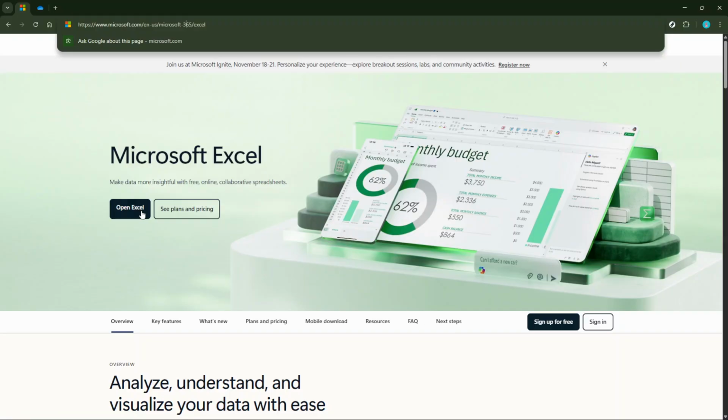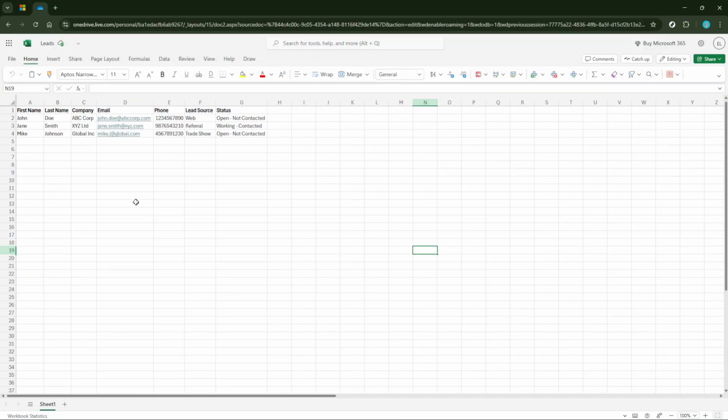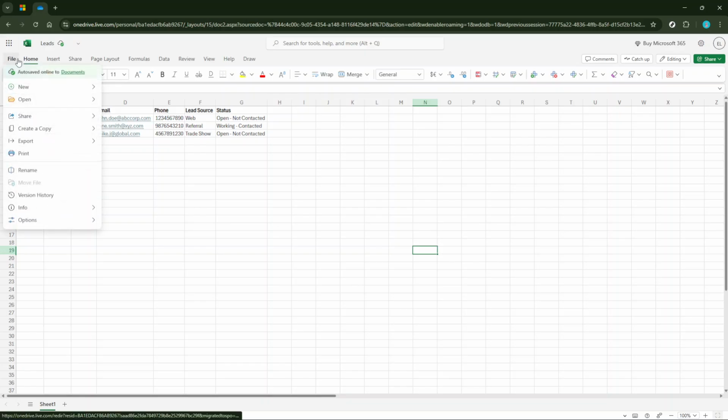deleted. It's important to open the correct file to make sure you're accessing the version history for the right document. Once you have the file open, direct your attention to the toolbar at the top of your Excel window. There, you will see the File option. Click on File, and a menu will appear on the left side of your screen. In this menu, you'll notice an option labeled Version History. Go ahead and click on this option.